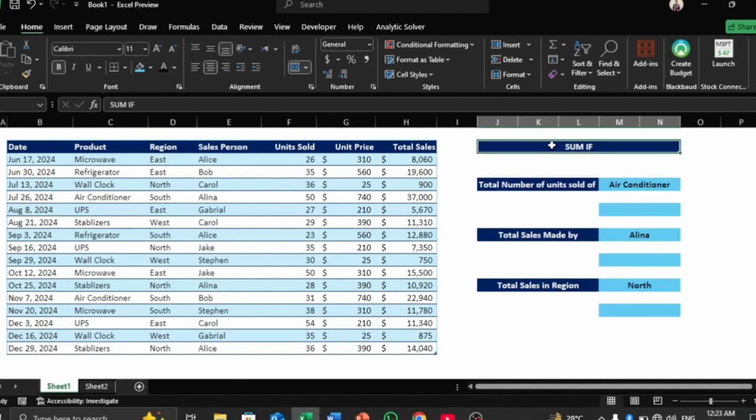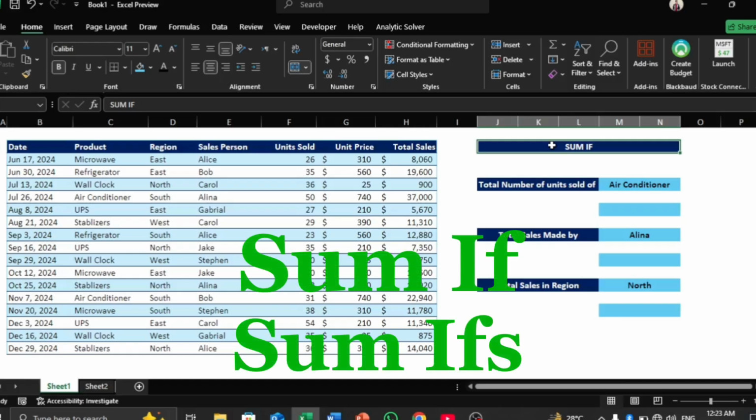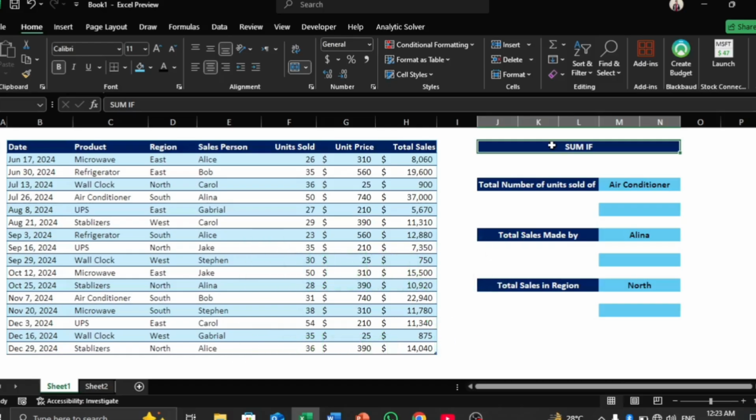Today we are diving into something super useful in Excel, the SUMIF and the SUMIFS formulas. If you have ever needed to total up numbers only when certain conditions are met, these functions are going to be your new best friends. I'll walk you through how to use SUMIF for simple one condition sums, and then we will look at SUMIFS when you want to sum with multiple filters like by category, date or anything else. It's easier than it sounds, so stick with me and let's make Excel do the hard work for you. So let's get into it.